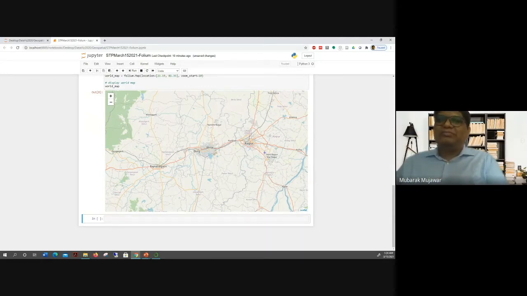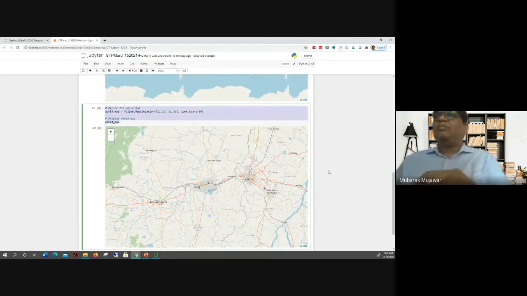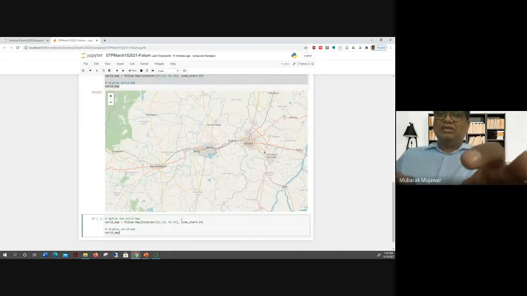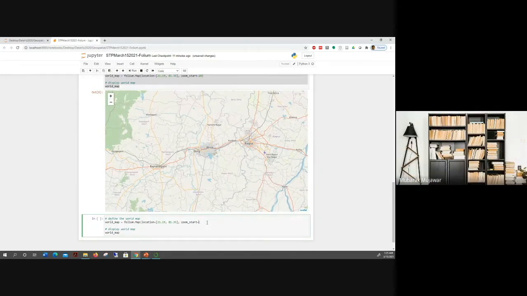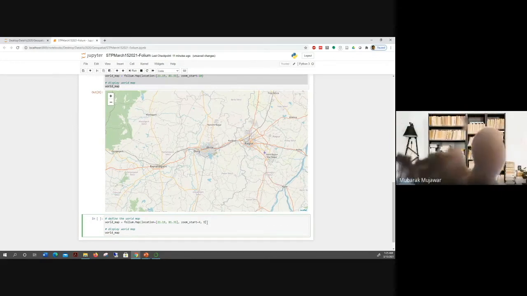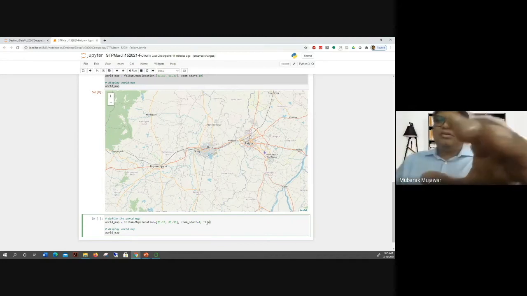Now the other thing we can do with this is use different tiles. Right now we did not mention any tile, but in Folium we have the ability to use different tiles. I'm just going to put tile. So maybe I can go to zoom level of 4 and I can go for a tile so that we can have the map in different